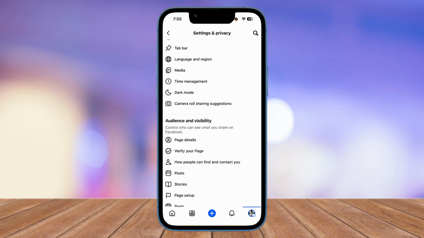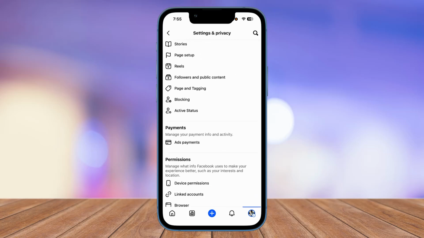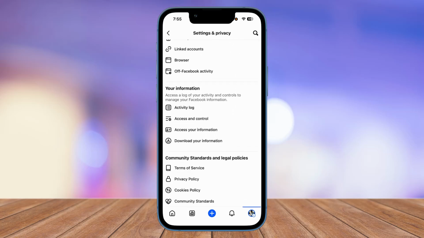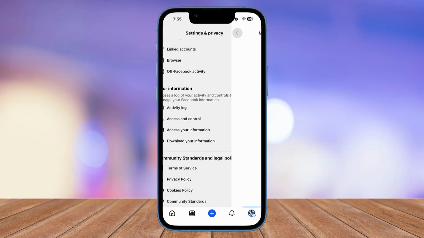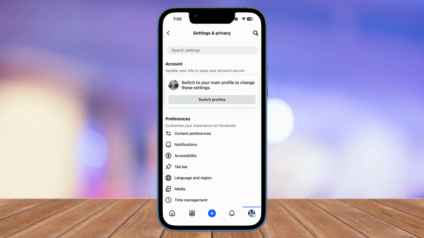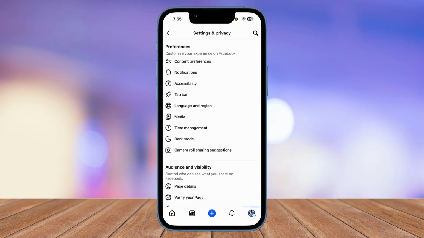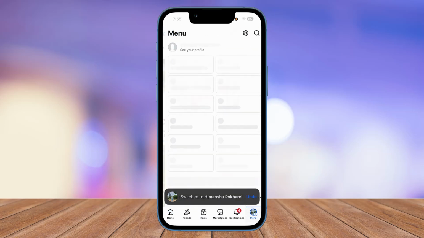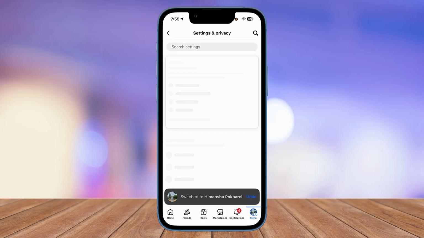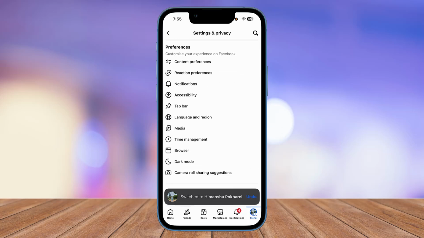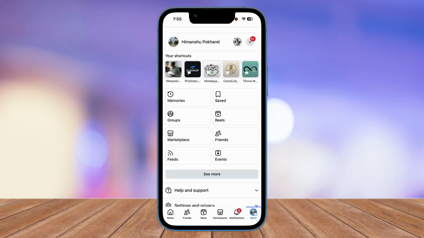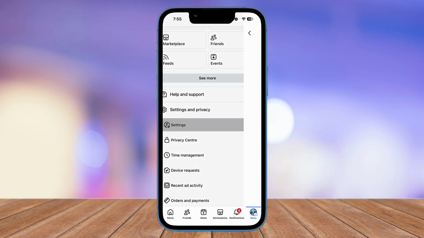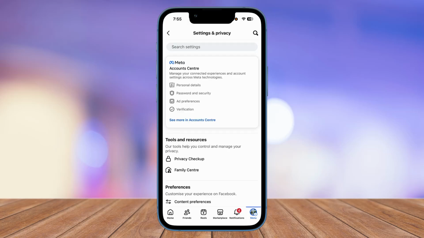And now simply scroll all the way down until you find your privacy settings. So let me just go ahead and show you. It is going to be right over here somewhere. So into my profile, into my settings, and then straight here into privacy settings. Or you could also simply go down here to settings and privacy, click on settings and click on see more